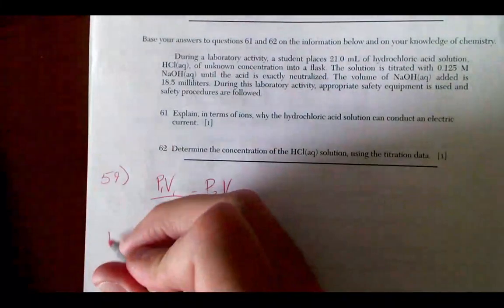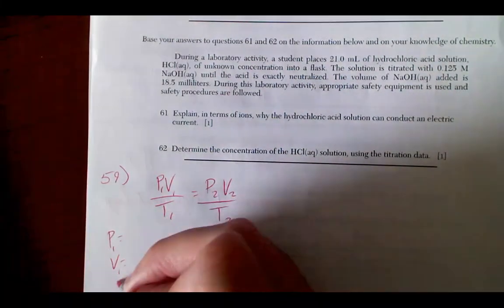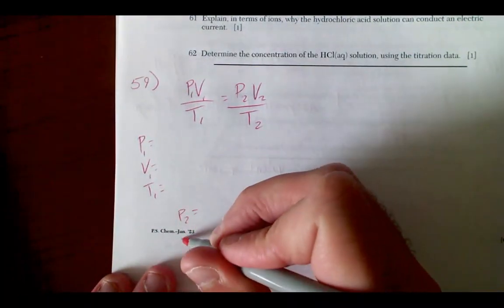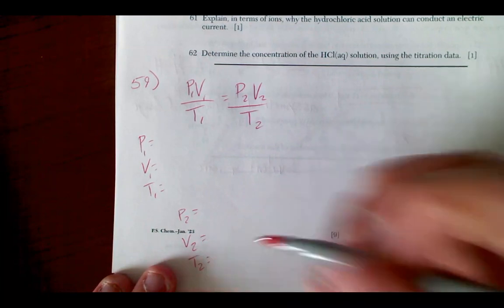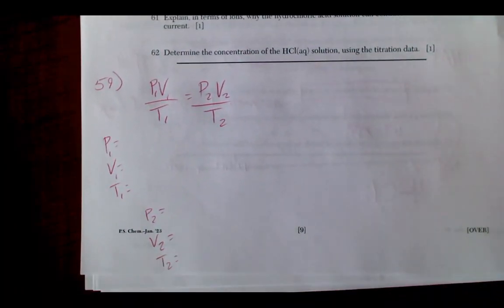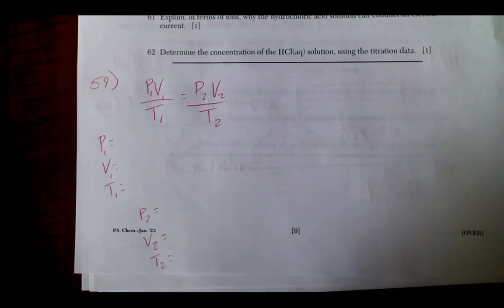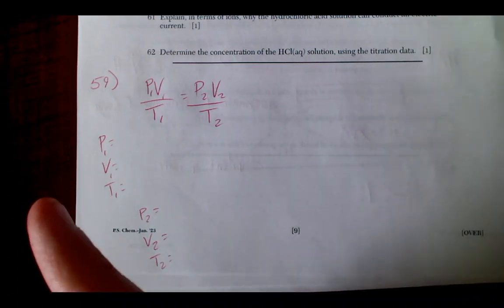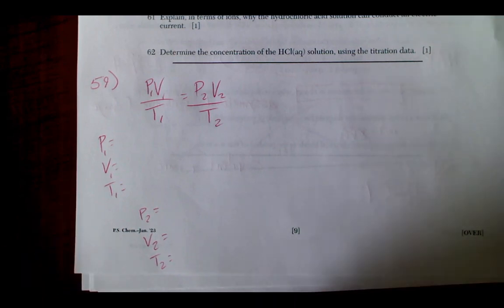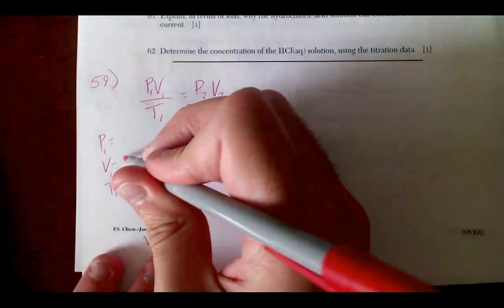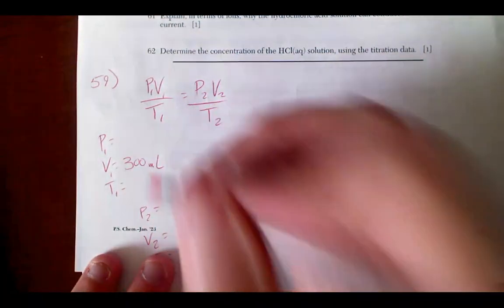All right, I'm going to list all my stuff. P1 equals, V1 equals, T1 equals, P2 equals, V2 equals, T2 equals. And we'll fill our numbers in as we read the question. The question said, and it's on top of the page, you can read your own, that the temperature of the helium is 25 degrees Celsius. Now, we do have to convert to Kelvin to do the question, but I'm going to hold off on that for a second. You have to use Kelvin temperatures in these equations, but I'm going to wait to do that just 1 minute. It says the volume of the helium is 300 milliliters, that's the start,